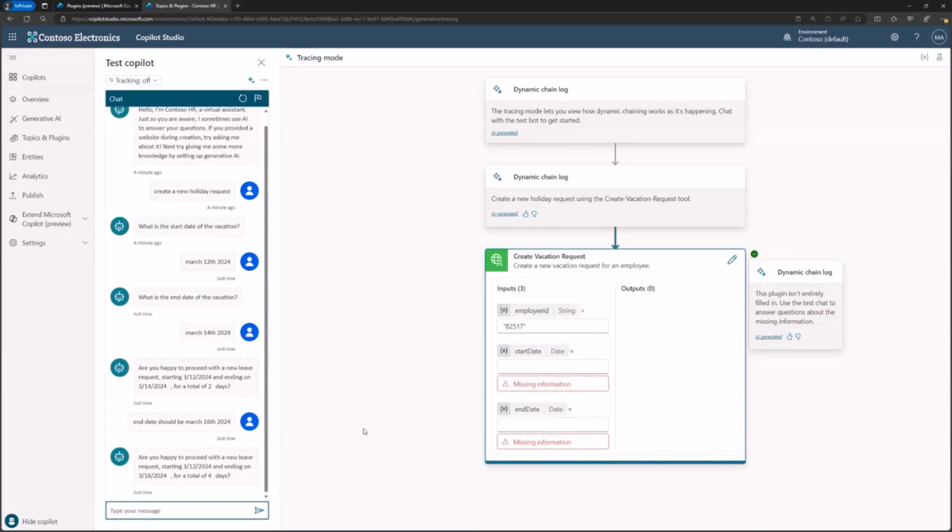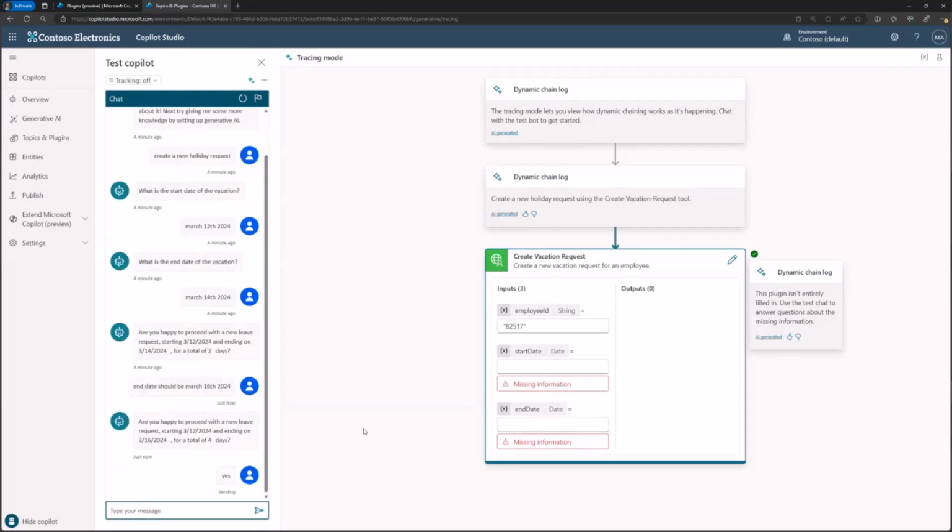And not only can I correct myself at confirmation, I could have asked all of this in one shot. I could have said, create me a new vacation request from March 12th through the 16th. I could have answered the first question. And when it asked me for the second one, I could have said, actually, you know what? Make it start on March 13th and let's go to March 16th. Because we're using GPT to analyze everything that the user is saying and do our slot filling and entity extraction, the conversation becomes incredibly natural now for the end user. So when I'm finished, I can just say, yes, it's